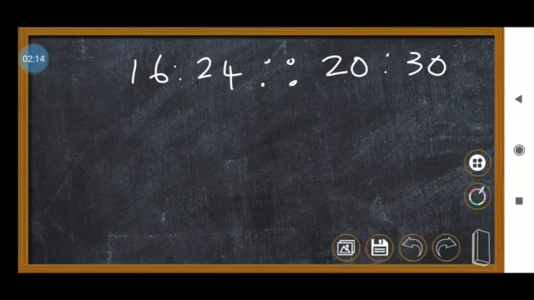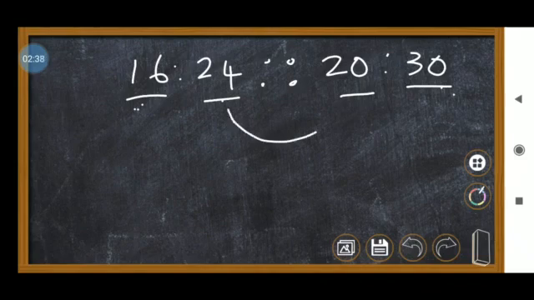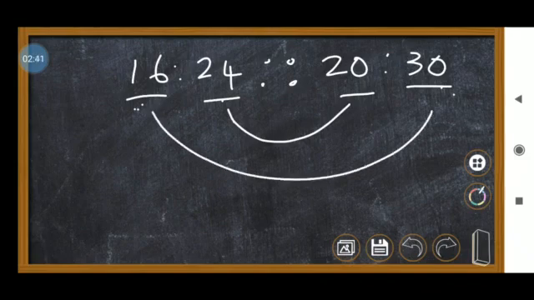One thing you have to know: this term and this term are called the extreme terms, that is, the first and last terms, and the two terms in between, in the center, are called the middle terms. We have to multiply the extremes and multiply the middles. If they are equal, it is proportional; if they are not equal, it is not proportional.